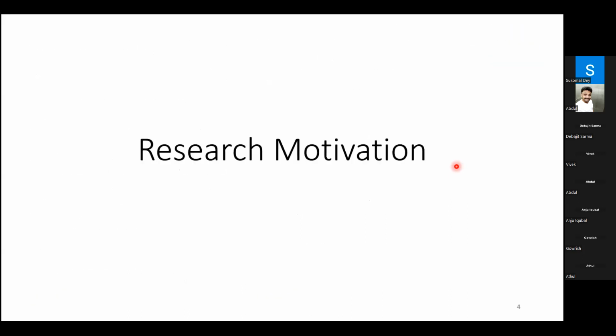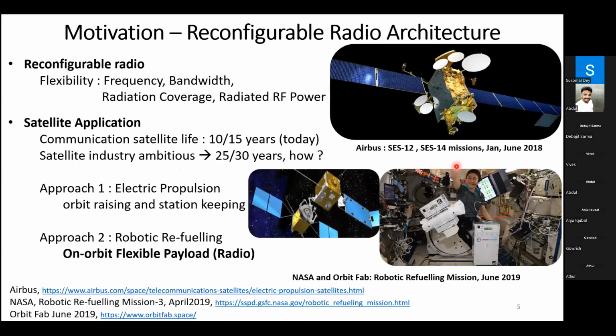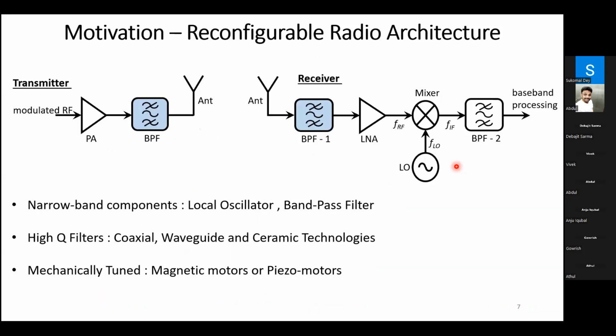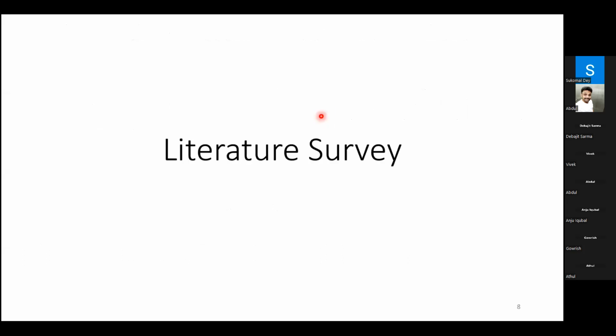So the way we are developing the story is the tunable radios become extremely important in the decade to come. And in the tunable radio, the bottleneck for successful implementation is basically a tunable bandpass filter, because all other components of a tunable radio are either wideband or they can easily be reconfigured. So that's why we were focusing on the tunable bandpass filters in our research problem.